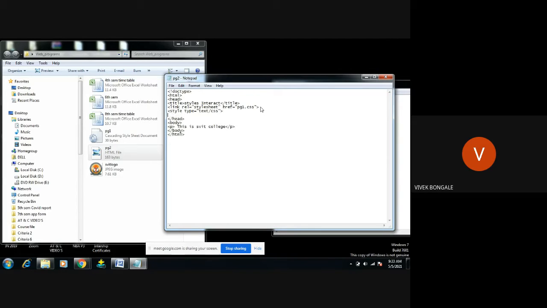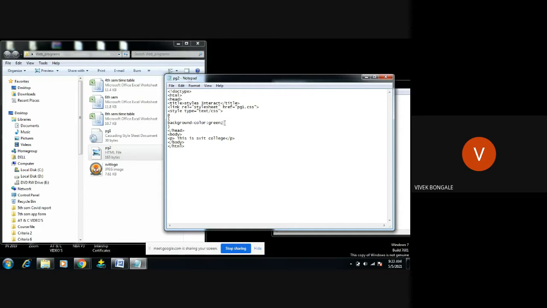The same, I will give P open, then background color. There we had given red, now I will give green here, then close. Now I'll give the text color.